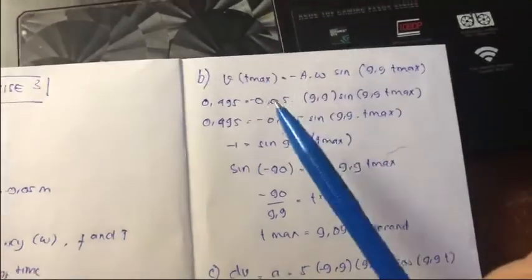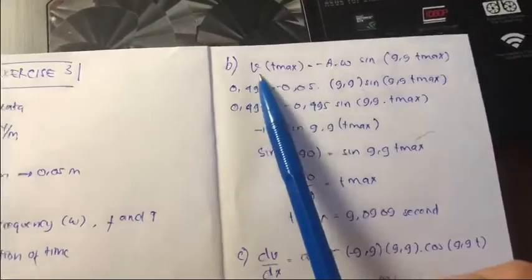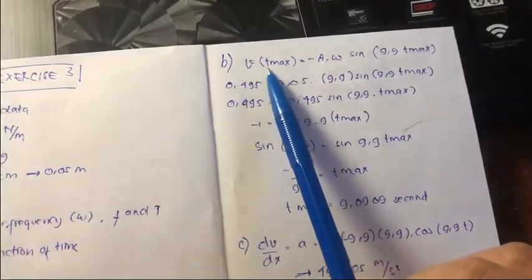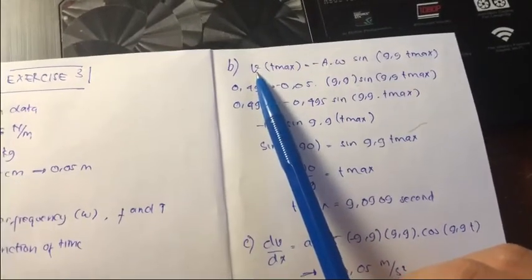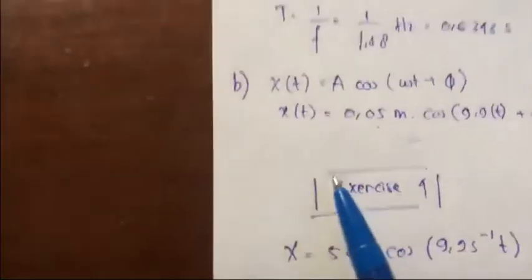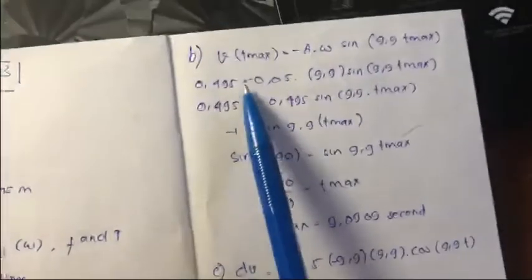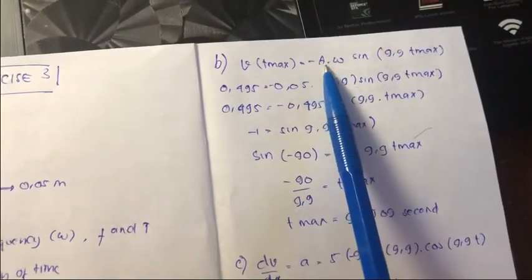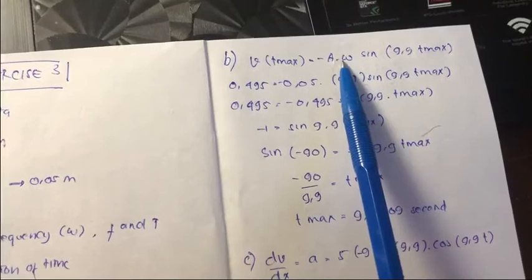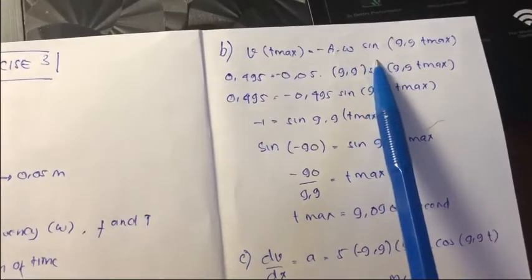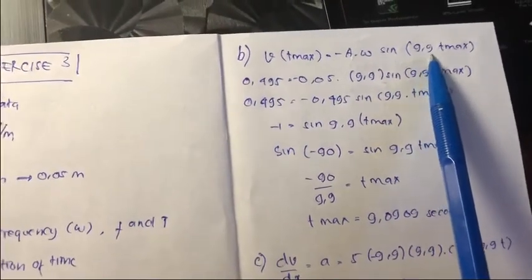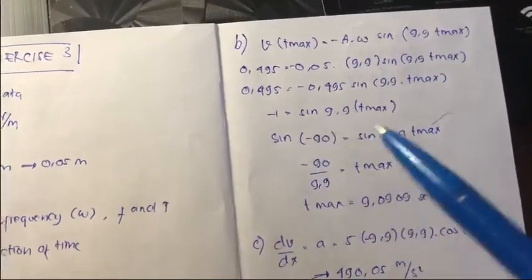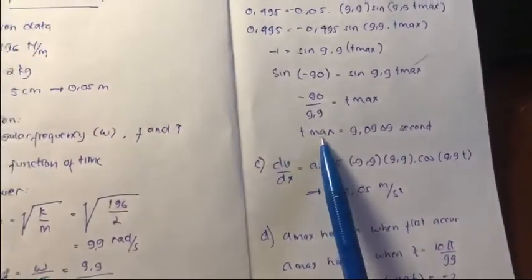And the second question is Tmax. From the equation of x, this one is the derivative of x, and Vmax is negative A times angular frequency, since 9.9 Tmax, and this one we can just put in the other data that we got before, and we got this Tmax is